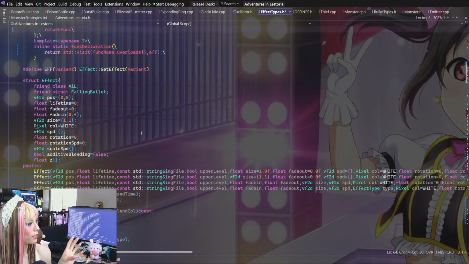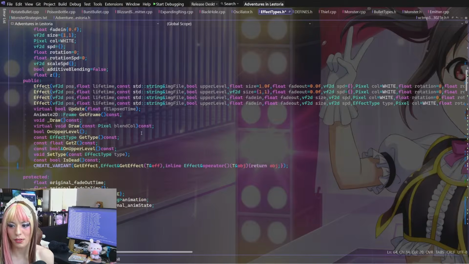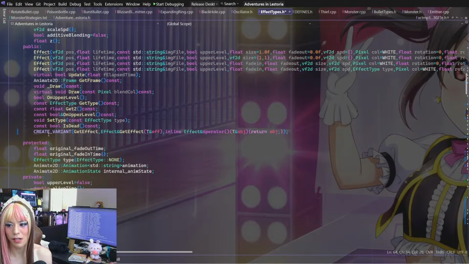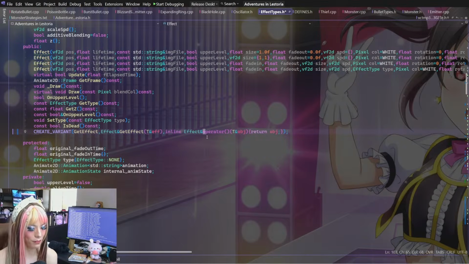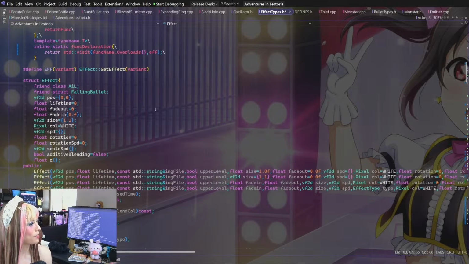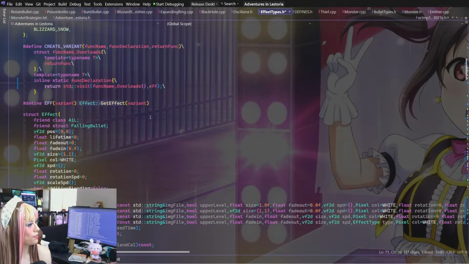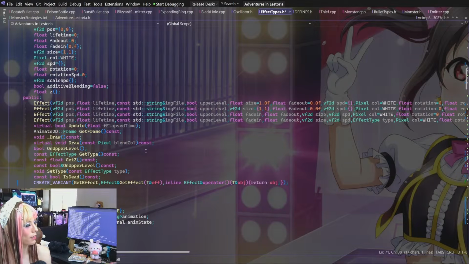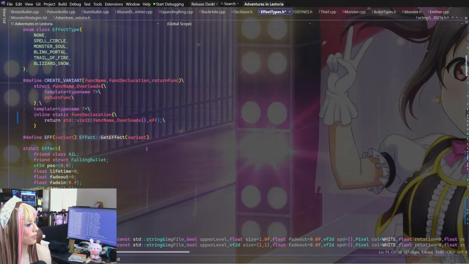Looking at it this way, effect comes first, right? Everything derives off of effect. So if effect comes first, how does it generate get effect for any given function? Given that this is just creating one of these, it doesn't know what to generate, because this isn't a template.